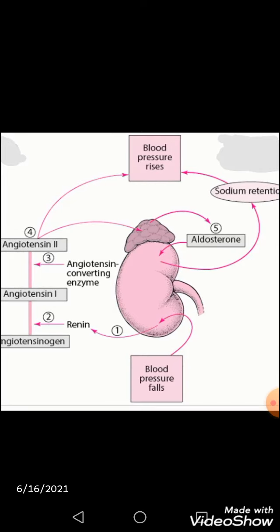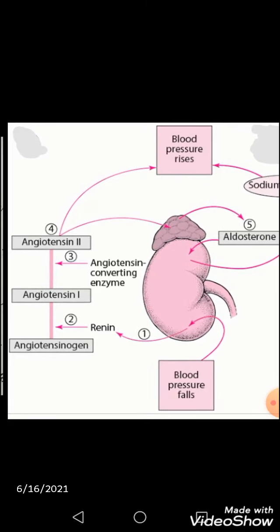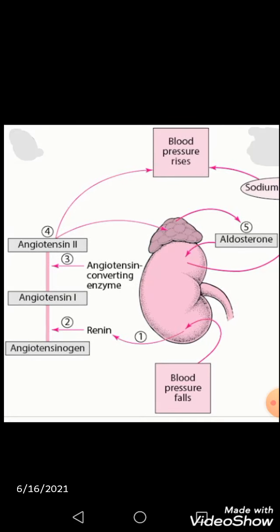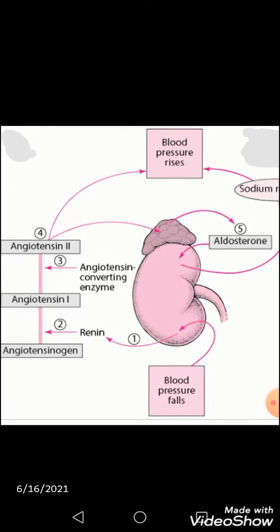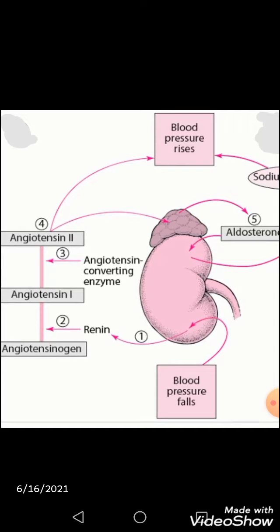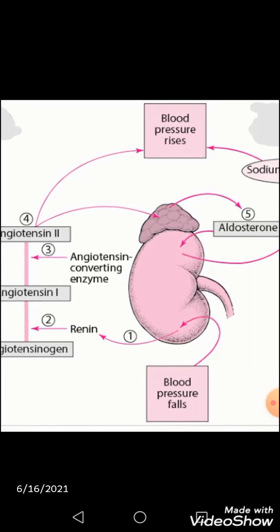Whenever there is a decrease in blood pressure, as you can see, and if there is low sodium level, the angiotensinogen is converted into angiotensin 1, and through ACE enzyme it is converted in the circulation via the lung to angiotensin 2 that is going to act upon the adrenals to